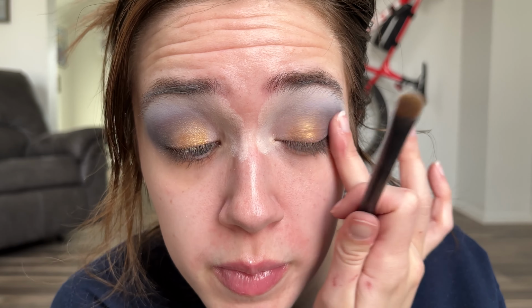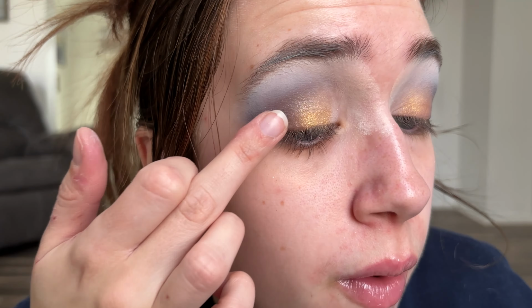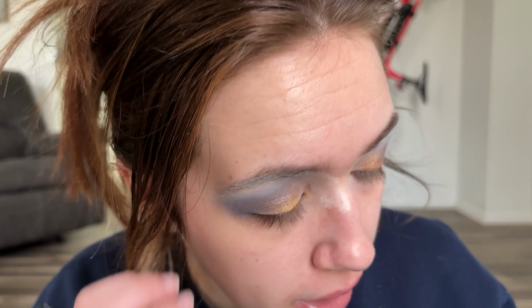That's pretty. I just felt like this purplish shimmer matches the tones over here. So maybe it would, you know, kind of pull everything together a little bit. I don't want to lose this yellow though. Like, I really don't. You know? But I think I'm going to go...